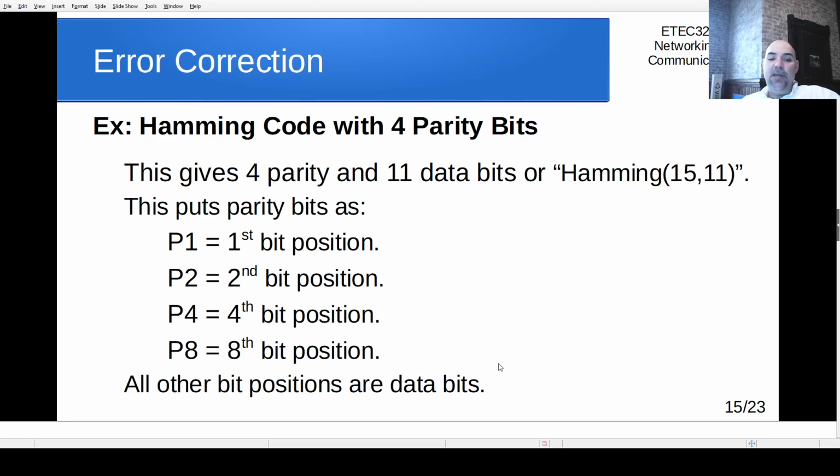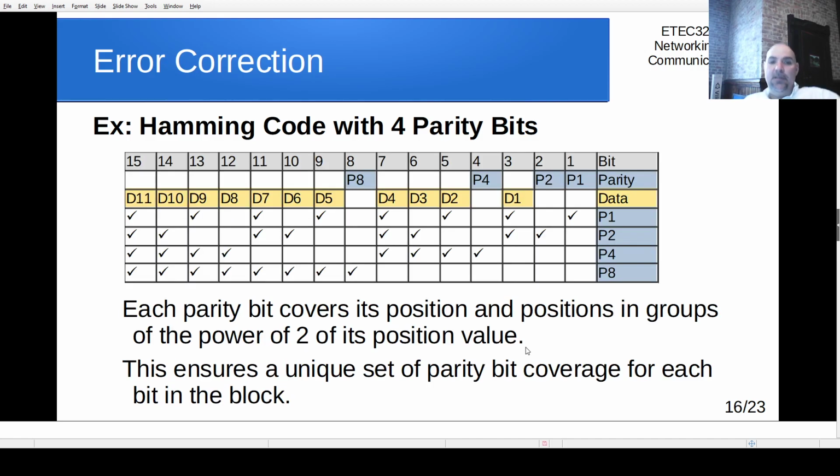All right, so let's take a look at the layout of that. So the layout of that looks like this. In other words, here are the bits, and I started with 1 rather than 0 on the indexing here. So you can see there's a total of 15 bits here, starting with 1, using the natural numbers rather than place value of 0. So parity,